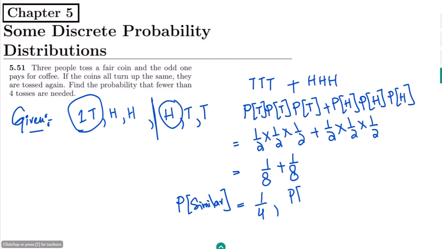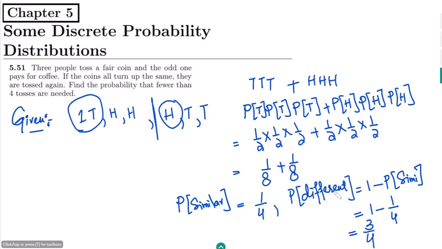Similarly, the probability of the different outcomes, in which one is different, can be found out by 1 minus the probability of similar. So it will be 1 minus 1 by 4, which is 3 by 4. That is basically the probability that we will get an odd one out here, which can be either this or this. Now in order to find the probability that fewer than 4 tosses are needed,